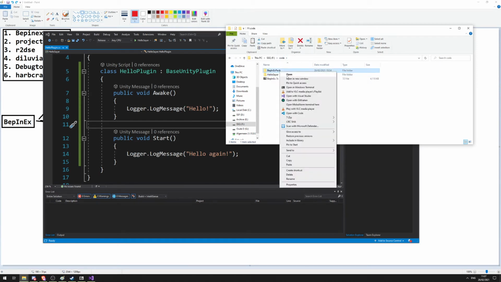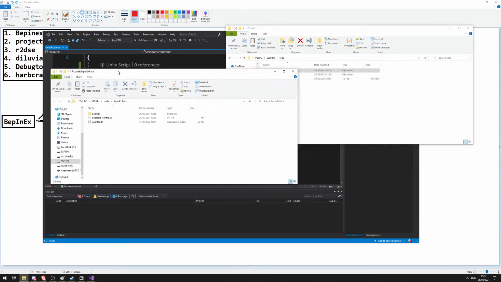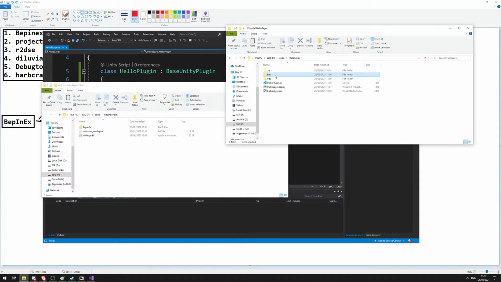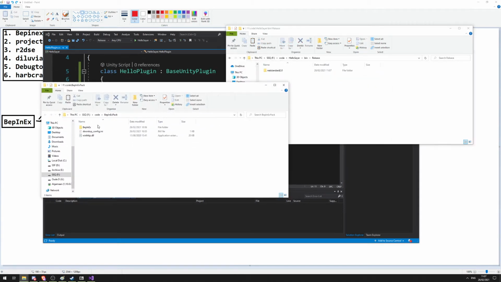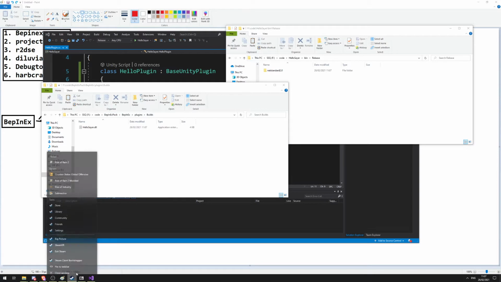At this point I'm actually going to open a new window so we can quickly switch between them. And in plugins we're just going to put Hello Sayer here. We could put it in our new folder called builds or something, I don't know. It doesn't matter as long as it's in the plugins folder in the BepInEx folder. And now if we run the game,